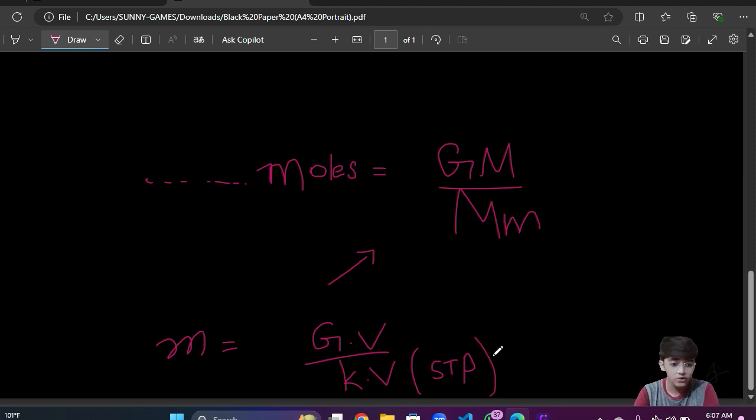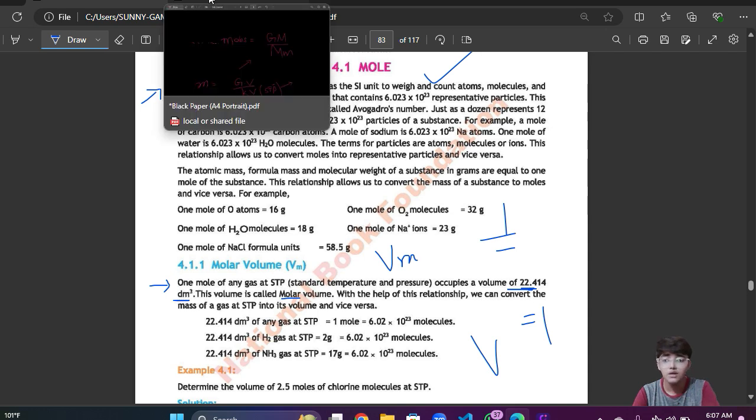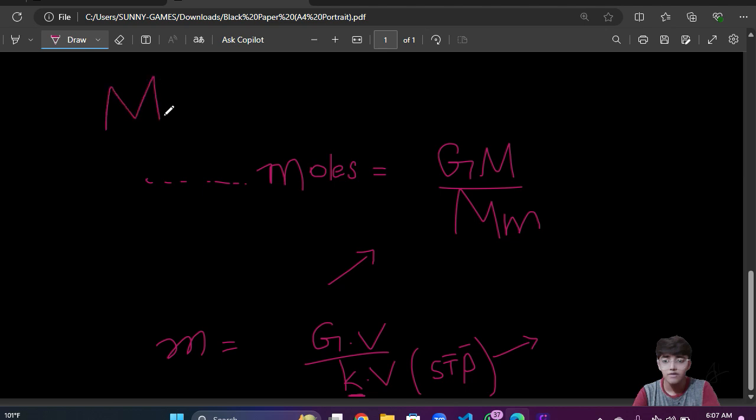Now as I told you, STP is standard temperature and pressure, and now I'll tell you why I have written "constant" here. If you read throughout this, a gas occupies 22.413 dm cube as its molar volume, and that is called a constant. Our molar volume, MV, is equal to a constant, and that constant number is